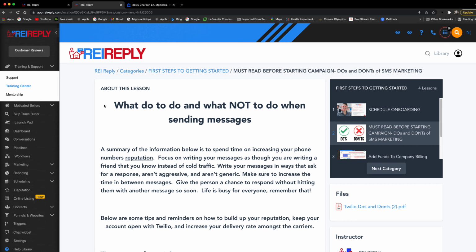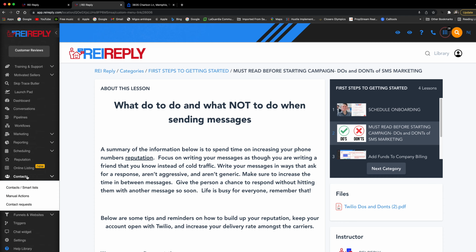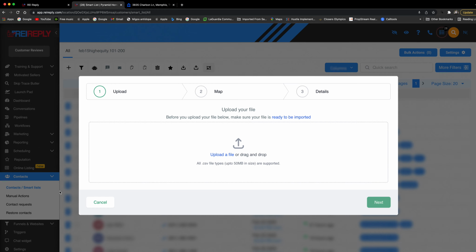Anyway, once you read what not to do, the first thing you got to do to set up your campaign is to upload your contacts. So you'll go straight into your contacts. You go to smart contacts SMS, but let me just switch to protection mode. And you guys can't see, it's blurred out, but that doesn't matter. What you guys got to do is just go into this import, drop your file. What does suck, it is going to be a little glitchy. It probably won't upload the first time. You have to refresh and do it again, but I promise you it's worth it for the price of $50